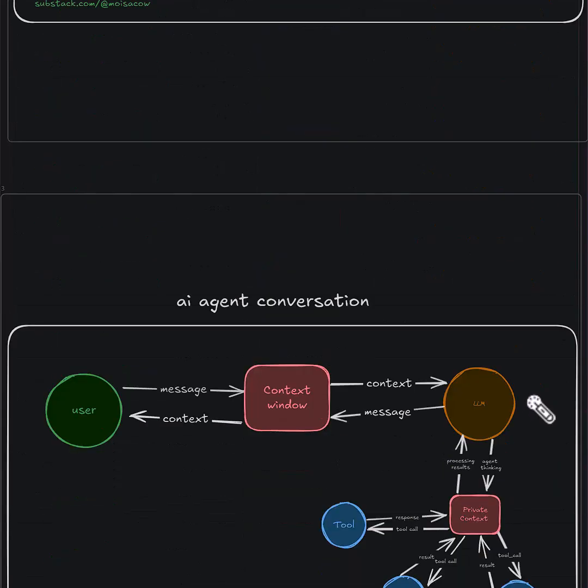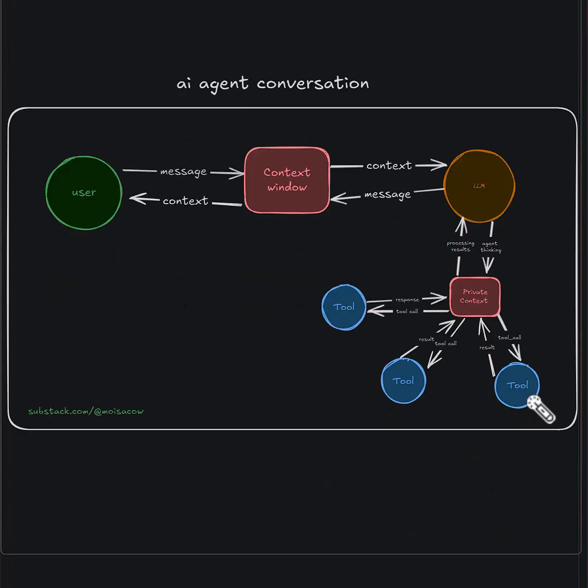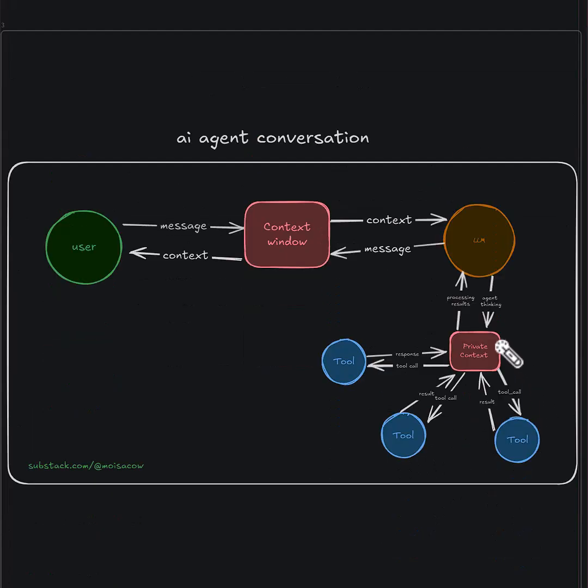So we say that an LLM agent is actually an object that has its own context window, which can interact with tools that let it access the real world. I hope this graph doesn't look that complicated. I will try to simplify it, and we will do it this way.